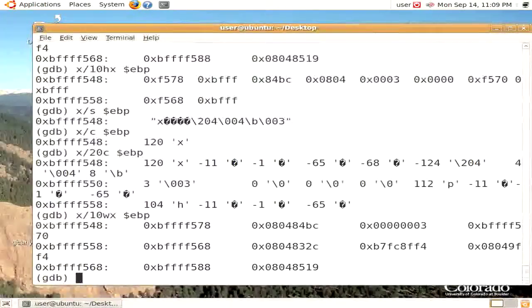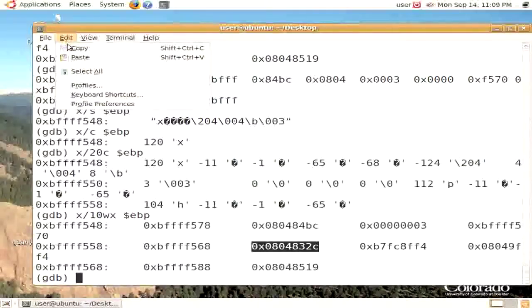Another thing to look at is that functions have patterns to the way that addresses are done. Values that begin with BF, like this, are part of what's called the stack segment. Values that begin with 08, like this, are typically locations in the code. Other values, like this, are obviously numbers. So even without knowing what this is, it's likely that this is the address of a function of some kind, or some code. So if we copy and paste this code into our window,